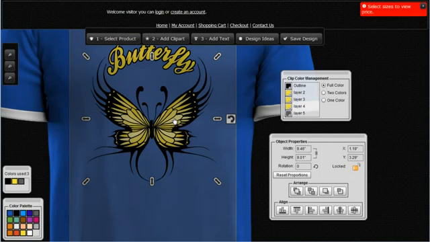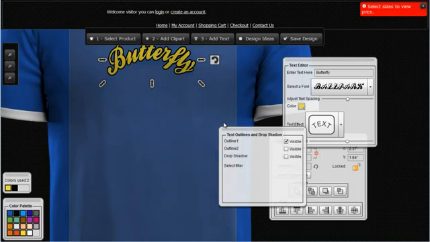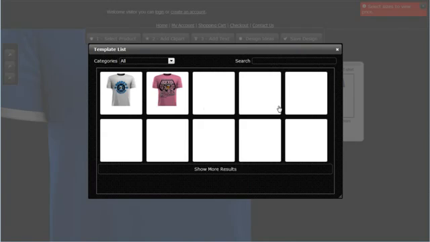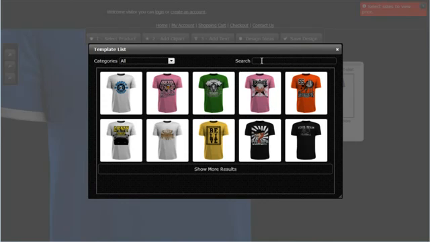Let's say we want to work with design ideas. We don't want to create our own custom design. Then we can simply come over here to Design Ideas. Then it'll open a catalog of our design ideas. Let's say I'm working on a football design. I'll go ahead and type in the keyword football